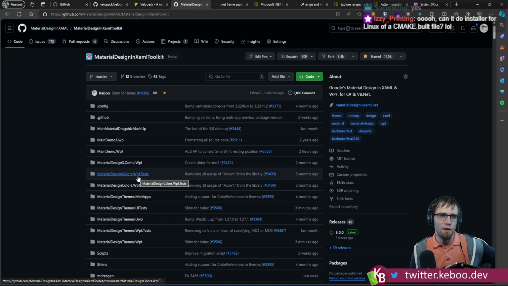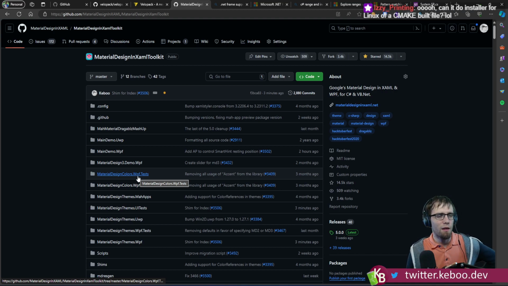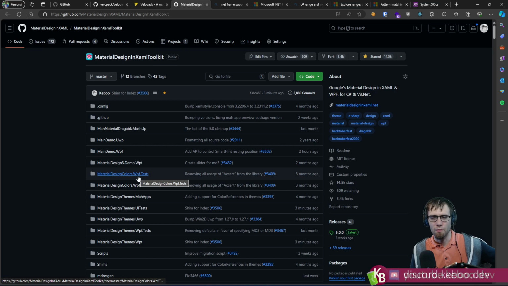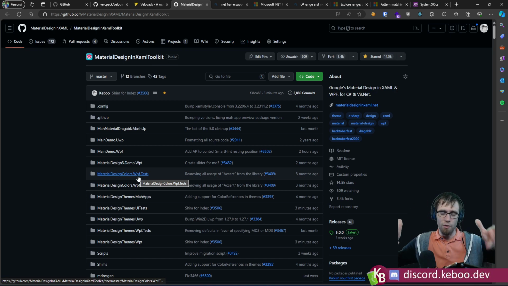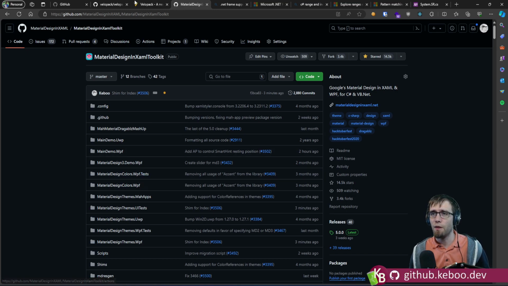Let's see. Ooh, can it do an installer for Linux of a CMake built file? Possibly. Ultimately, Velopack is just a wrapper around a build artifact. And I say build artifact as though it's one thing, but you point it at where your build artifacts are. So you build it however you want or whatever is necessary. So if CMake compiles the assembly, because there's a handful of